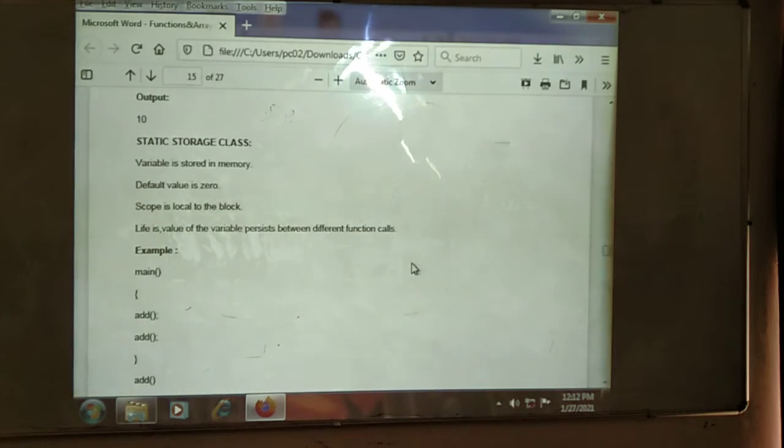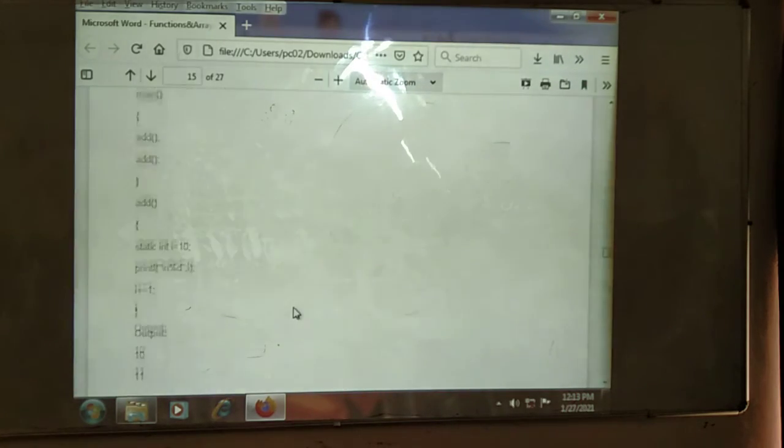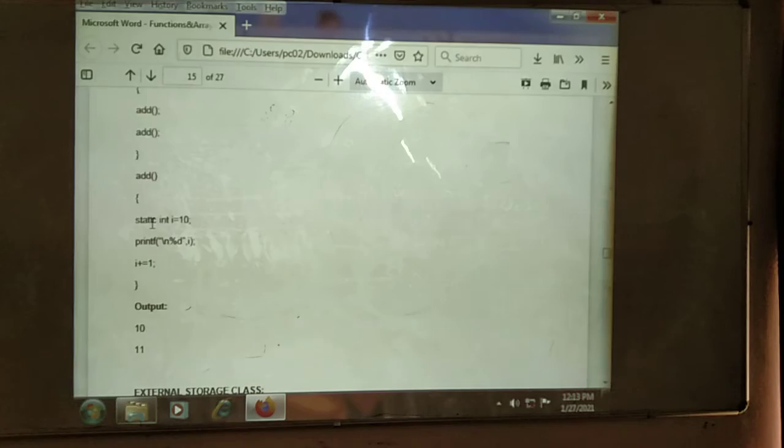Next, this one is the static storage class. We can see a small example. In the main method, we are going to call the add function two times. We declare the add function outside the main, then static int I equal to 10, declaring the I value as 10, then I equal to I plus 1.